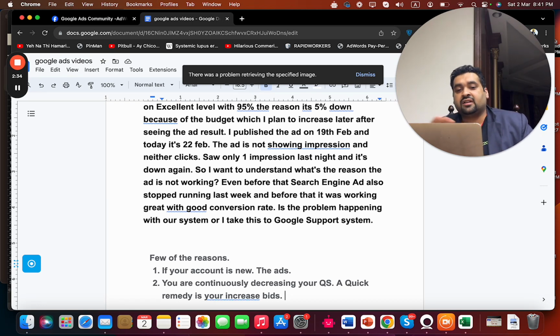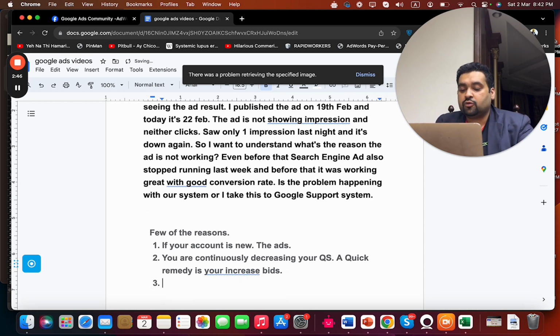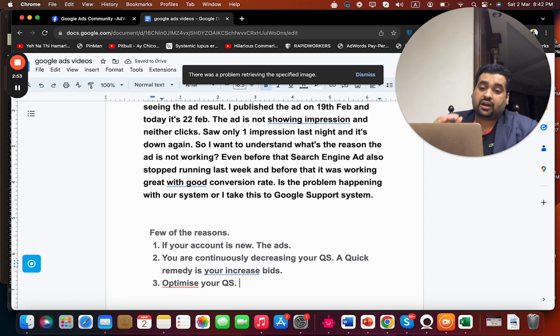This is a temporary solution and this can suddenly increase the traffic on your website. Although I can understand that this may temporarily cost you a lot more, for a permanent solution you have to optimize your quality score, and that is how you can even pay half the price of your competitor and still get a better ad position than him and get more traffic to your website.